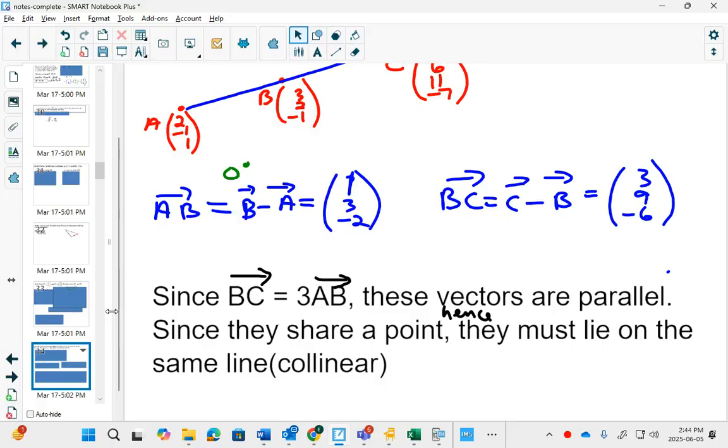Also in our explanation, it's important that you have this fact that they share the same point, because I could have two parallel vectors that don't share a point, and those 4 points then wouldn't be in a straight line. But because they share that common point in the middle, therefore, they have to be parallel. Do you see that you didn't have to use AB and BC? You could have used AB and AC, or BC and AC, as long as you chose two vectors